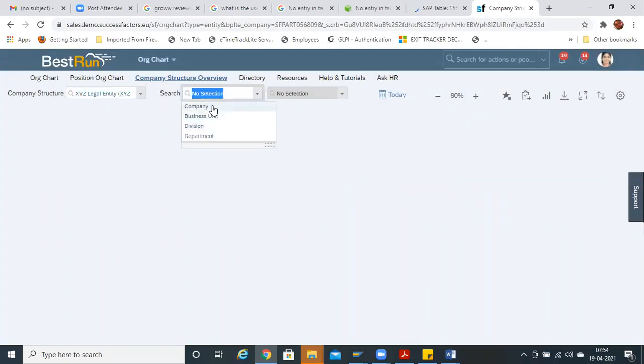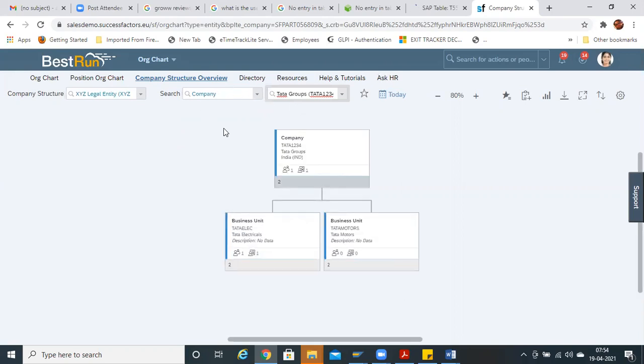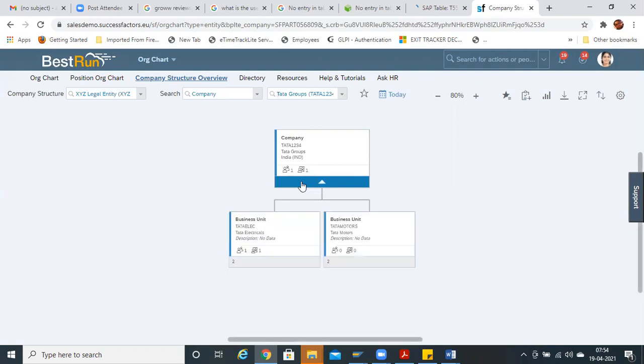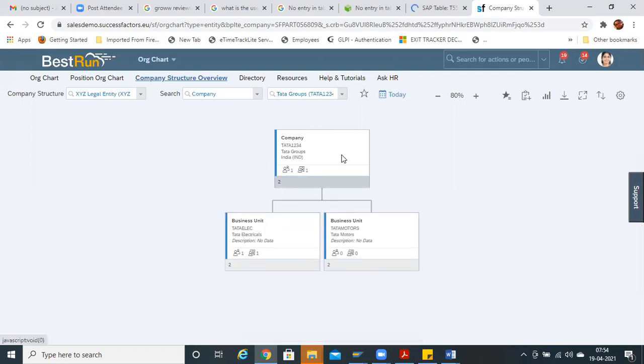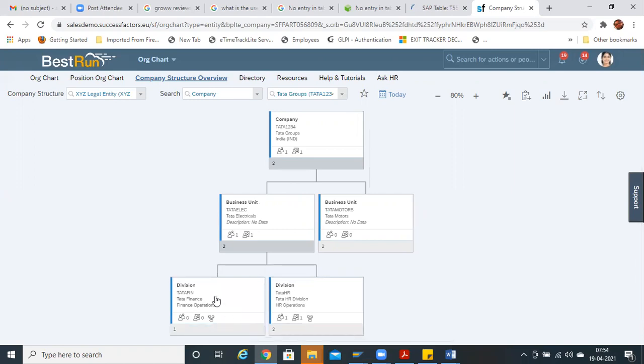Legal entity is termed as company. I will be showing how to change this label also now. Now company is there. In that, let me select my own entity which I have created, data groups. So basically legal entity view, I am just looking like this. If you minimize it, company has two business units. Now each business unit may have one or two. These are basically associations which I have given. So this is the structure.